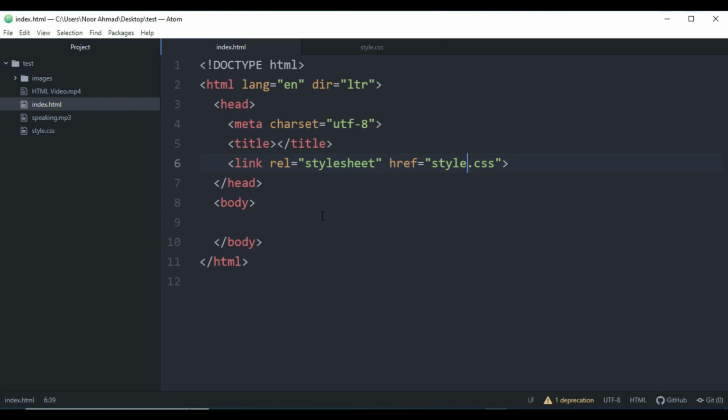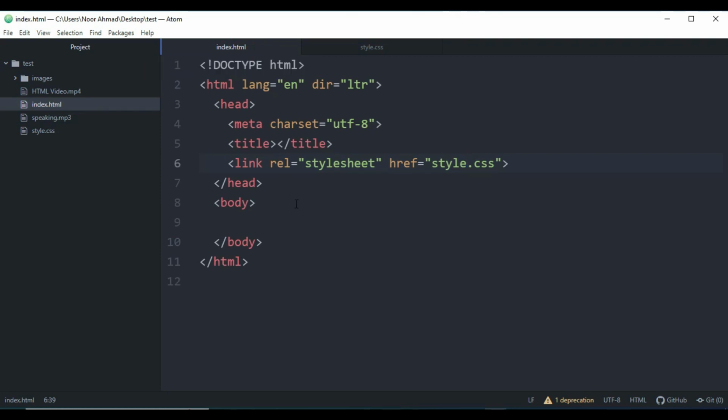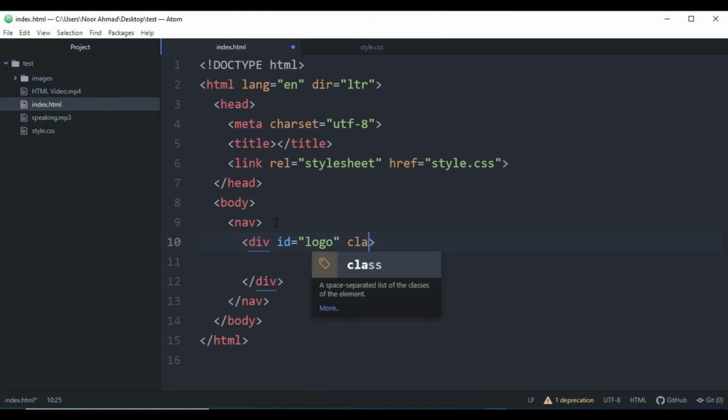So as you can see, this is our HTML page and this is the empty CSS that we are going to work on right now. First, inside the body we are going to create the navigation element, and inside the navigation element we are going to create a div element. These are the topics that we have already studied in this tutorial. After the ID we are going to create a class, and the class name will be toggle, and inside this div element what I'm going to do,